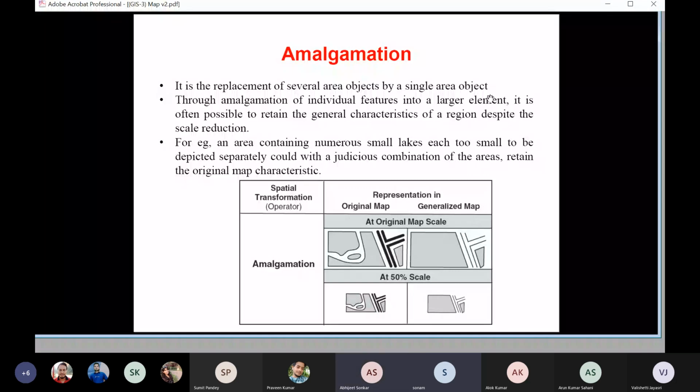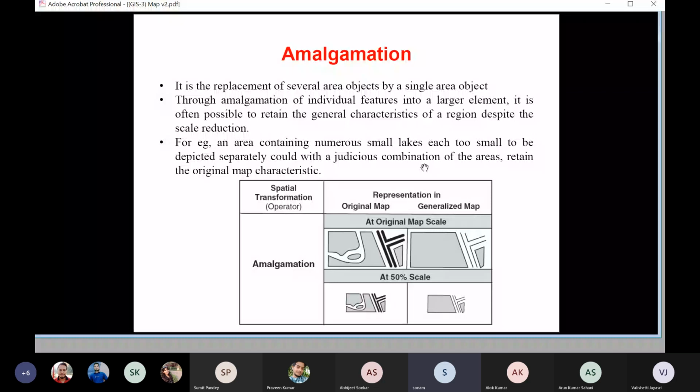Through amalgamation of individual features into a larger element, it is often possible to retain the general characteristics of a region despite the scale reduction. For example, an area containing numerous small lakes, each too small to be depicted separately,